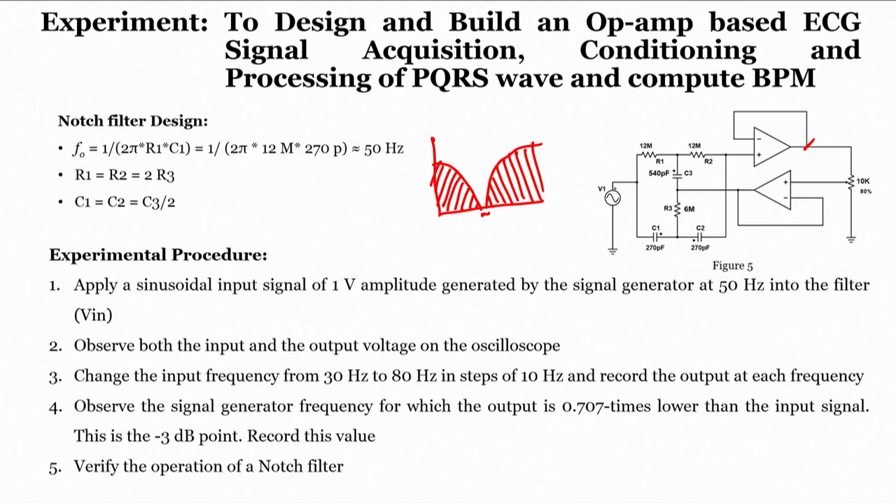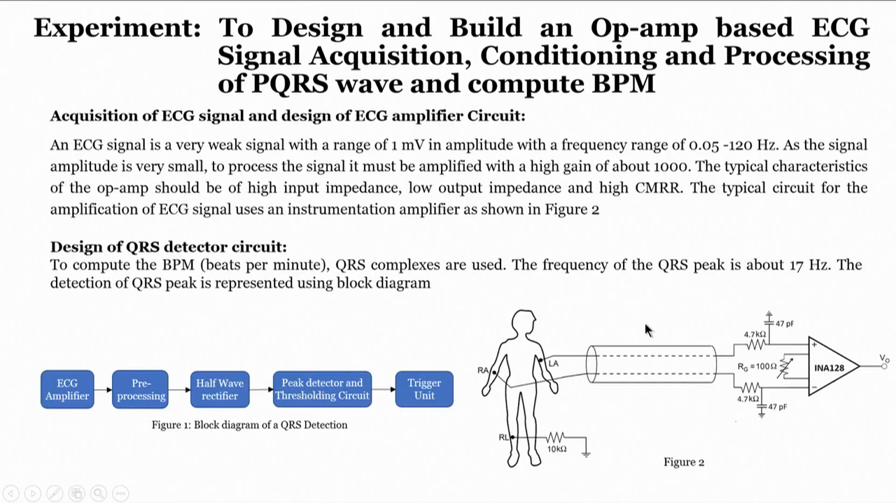Now, we will see the next step in our signal conditioning and processing unit. If we recall our block diagram, we will see the ECG amplification sometime later by the end of the experiment, and we have done the filtering part, which is nothing but a pre-processing part, which we require, especially low pass filtering, high pass filtering, as well as notch filtering.